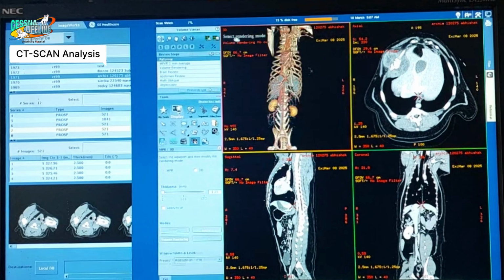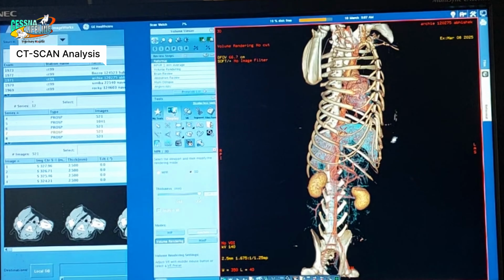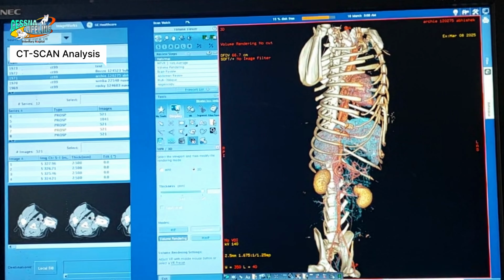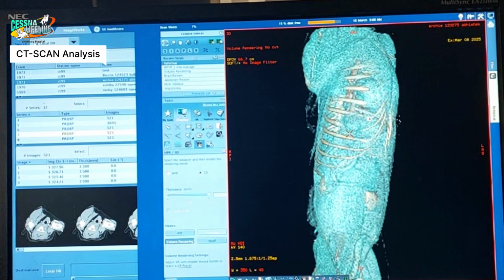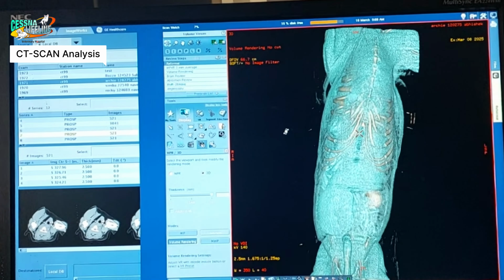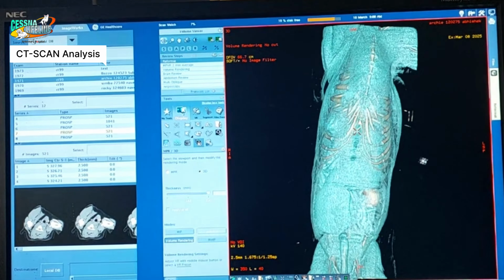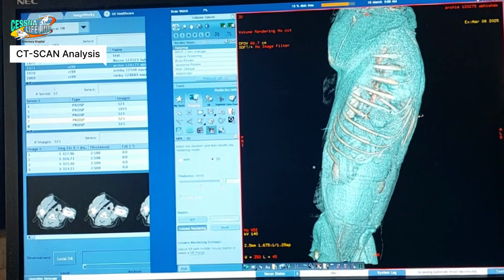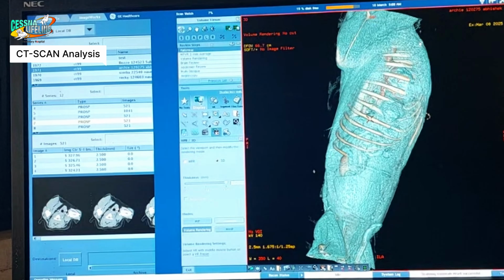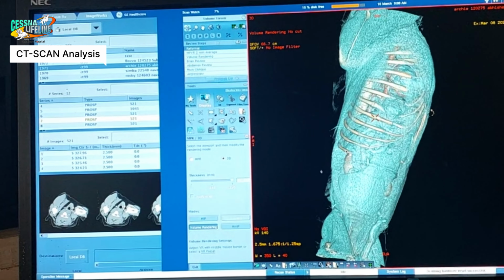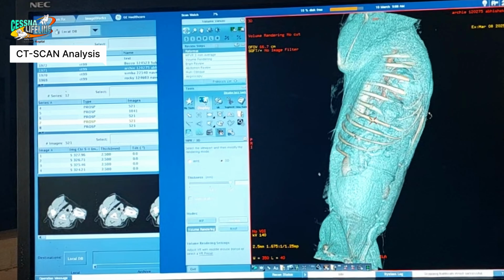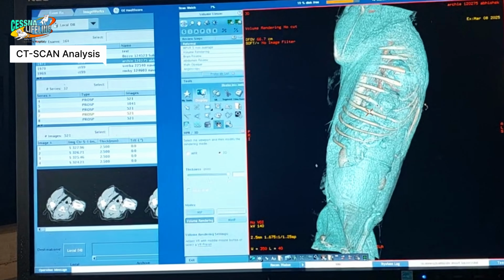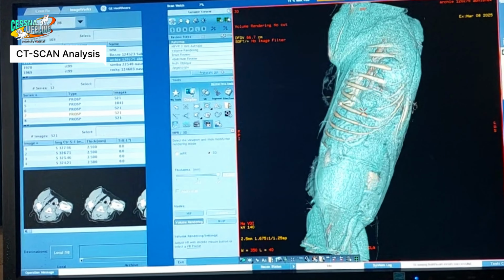If I go to the 3D view of the same image, you can see this is the area where the tumor is. These 3 ribs are affected, and if I change this, you can see this is the growth sitting on 1, 2, 3. 3 ribs I am going to remove so that I can get good margins also. So this is 13, 12, 11, 10, 9. So I am going to remove 8, 7, 6, all 3 ribs I am going to remove at